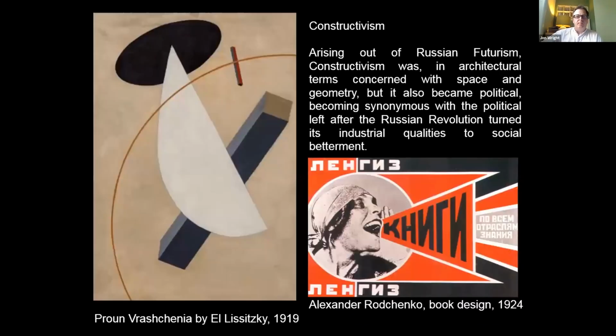Lubetkin's work, and there are about 30 or so Lubetkin buildings in this country, all of which are listed. 12 of those are at Dudley Zoo. All that work is a sequence of essays in his personal foundation with social betterment, and elements of his Russian and Georgian past from a constructivist point of view, and I've added pictures by Lissitzky and graphics by Rodchenko to illustrate that. So he has connections to constructivism, but more than anything else, perhaps he's driven by